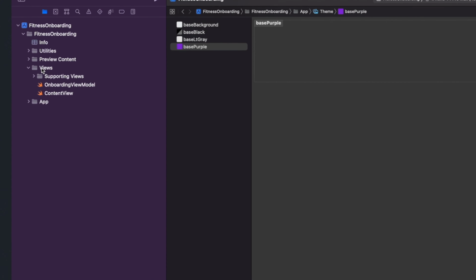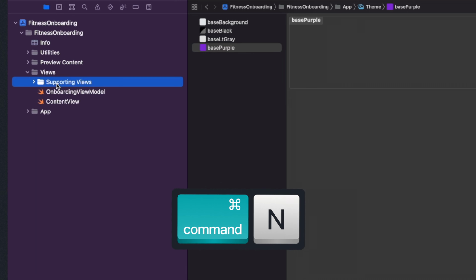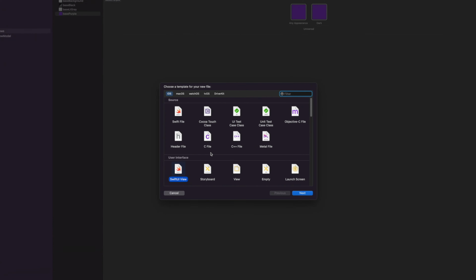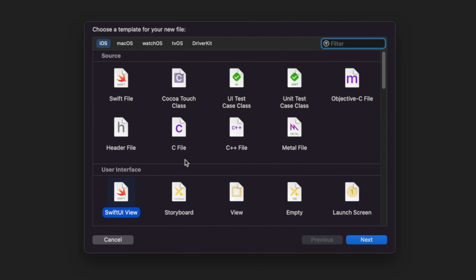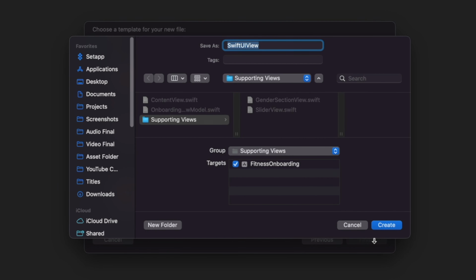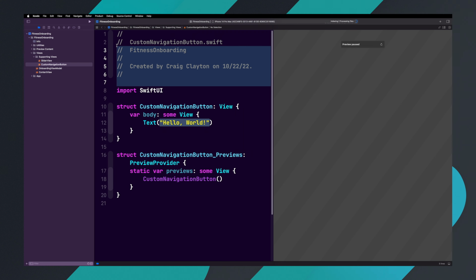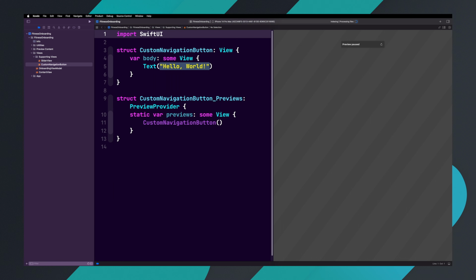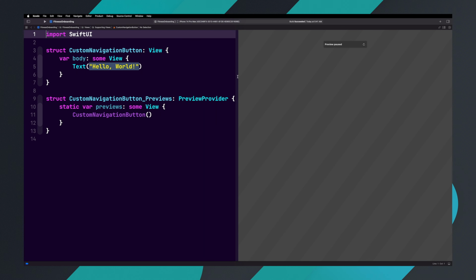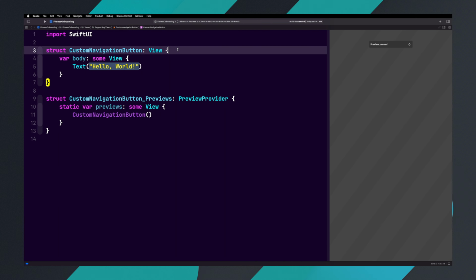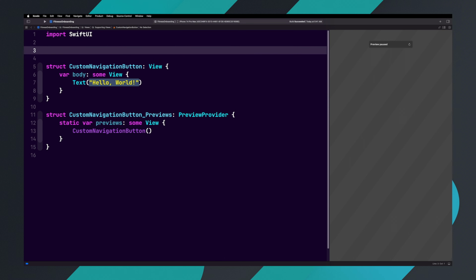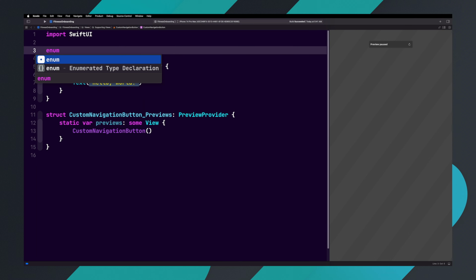Select the supporting views folder and hit Command-N. Now click on the SwiftUI view under User Interface and hit Next. We're going to name this file Custom Navigation Button and hit Create. Since we want to reuse this button, let's create an enum that we can use to set the button type. After import, add a couple of lines and type the following: enum CustomButtonType